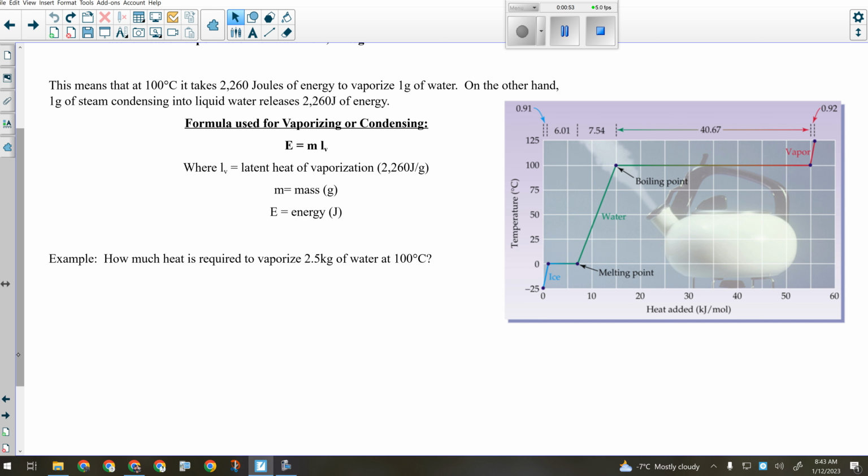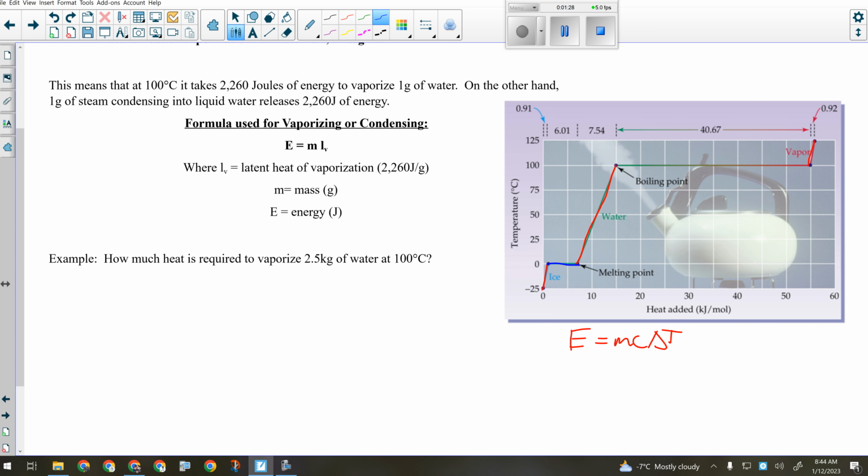So what we arrived at yesterday was anywhere where the line is going up, the temperature is changing, and thus the kinetic thermal energy is changing, and for any of those places, we would use E equals mc delta T. If we are going from a solid to a liquid, or a liquid to a solid, you can go backwards,